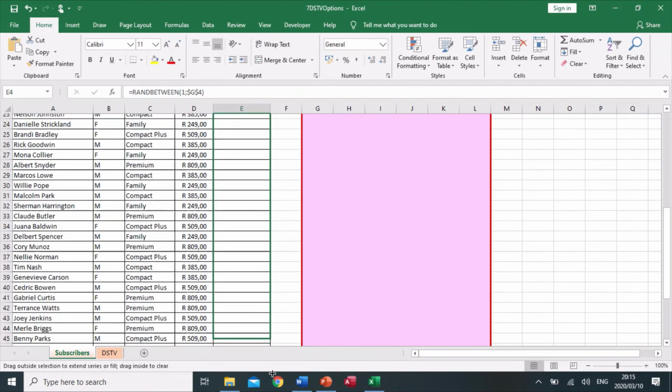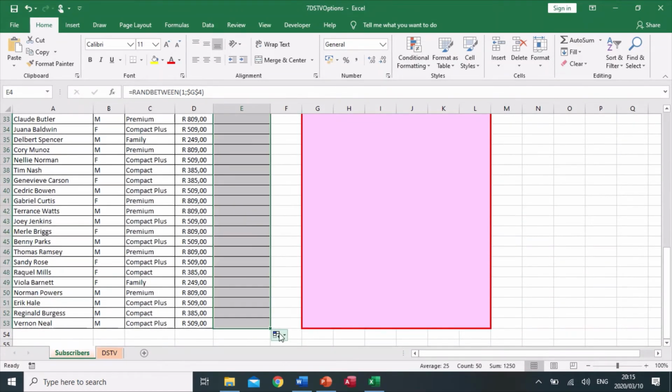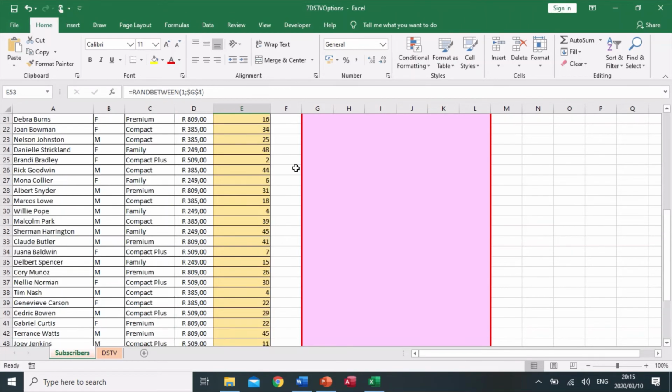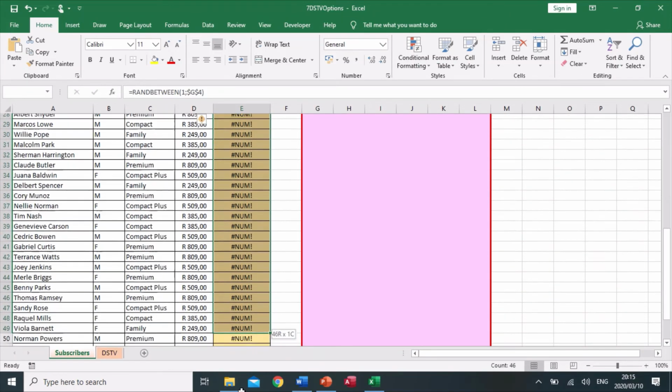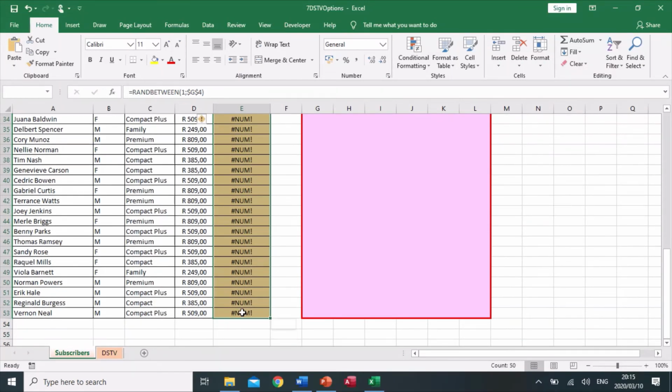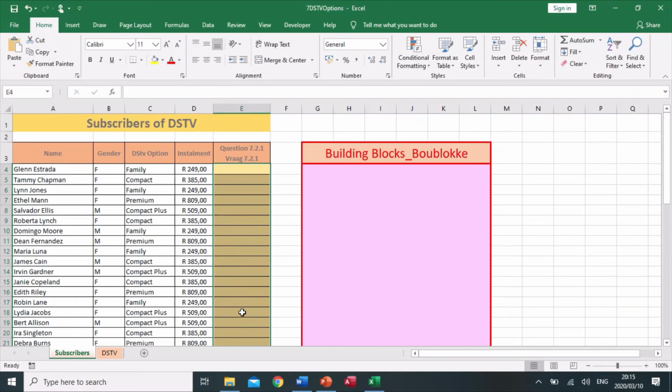And as I copy it down, you can see this last cell here ran between 1 and G4. So it's still using the 50 as the maximum. Alright, so that was 4 marks and that was using a building block. So what I'm going to do now is delete this building block and delete this function here. And I'm going to show you how to do the function now without the building block, starting with equals,